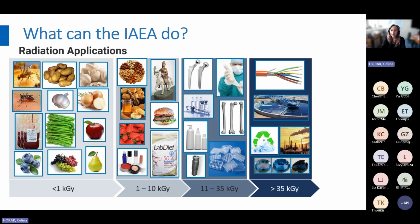So, not only on the radiation technology side, on the machine side, but also in the application, the use of this technology, from very low doses to high doses, is part of our mandate: to support the member states in developing the capability, through different mechanisms, to use this technology, especially machine-based radiation technology, for different purposes. As has been mentioned before, SIT or phytosanitary and sanitary treatment for food and agri-food, raw materials, medical devices, tissue banking, tissue allograft products, labware, cosmetics, and also, of course,